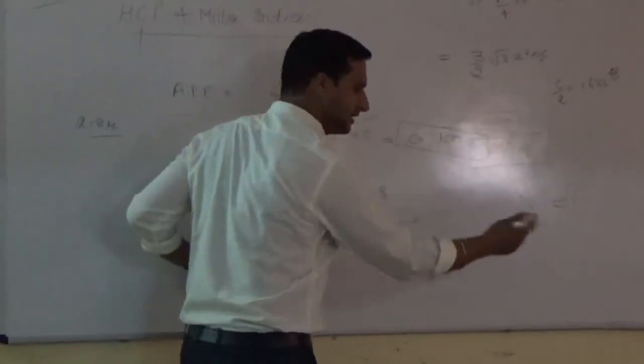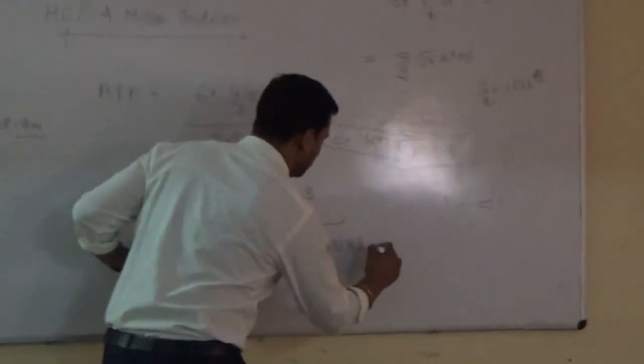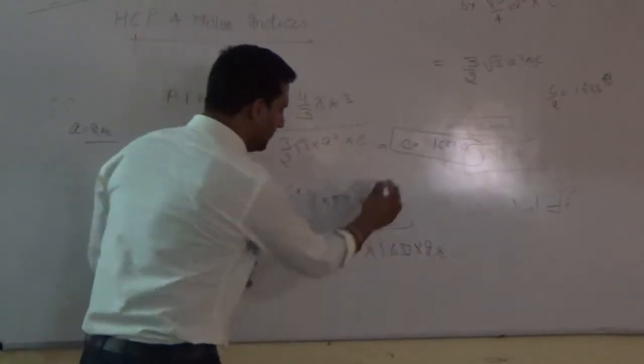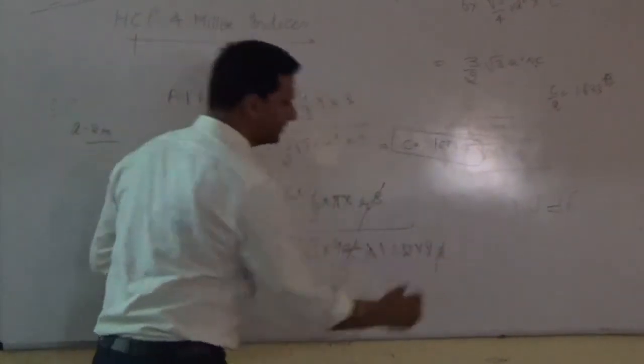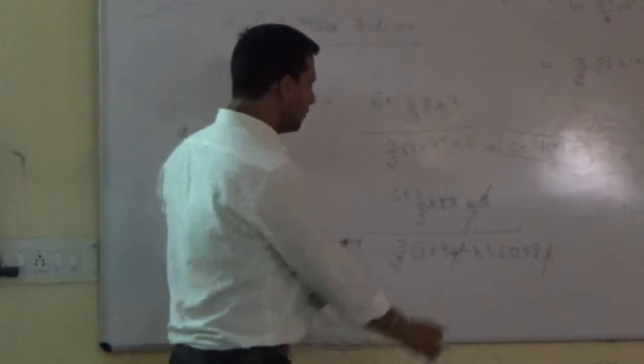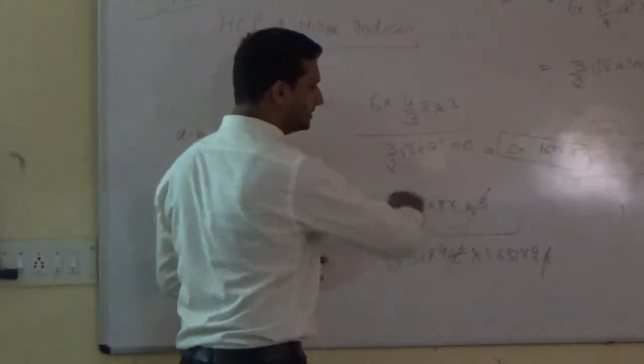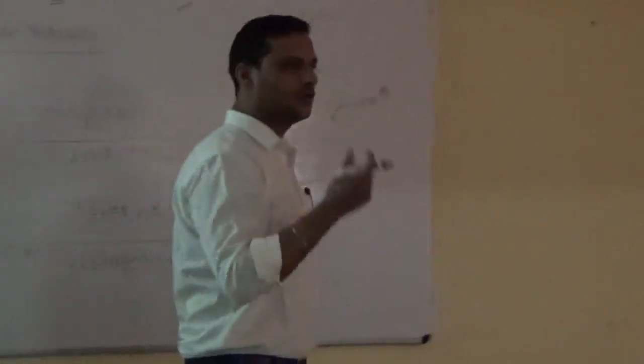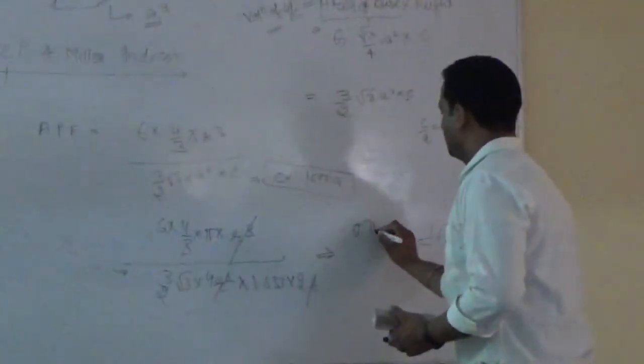So simply we can say 4R square multiplied by C is equal to how much? 1.633 A, and A is equal to how much again? 2R. So R square into R becomes R cube, so we can cancel it out. Now our calculation gives only a single numerical value. It does not have any constant like A, C or R. What is the value of this? 0.74, or you can say 74%.